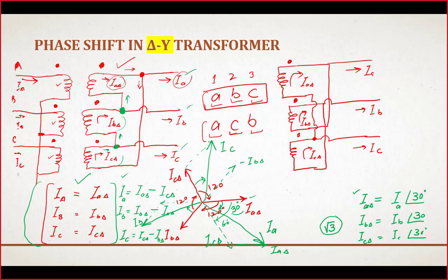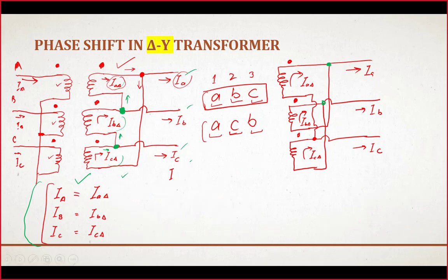Now let's discuss the same scenario for the second nature of the delta, where we have connected delta in such a way that for the first phase we have subtracted current IA delta and IB delta. For the second phase, we have subtracted current IB delta and IC, and for the third, we have subtracted current IA delta from IC. So what will be the difference? Here, let me draw the phasor diagram again. Before going into the detail of that, let's summarize what our result was. Line currents lag behind delta phase currents by 30 degree. This is our conclusion about this delta.